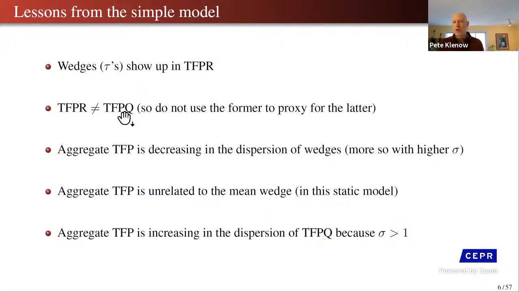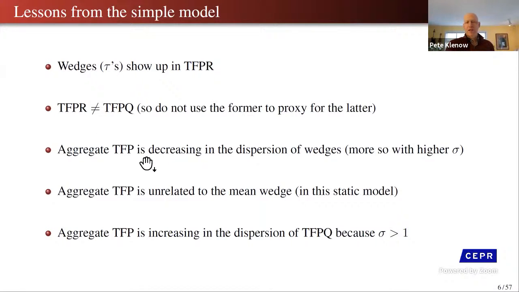And they found much stronger evidence for that in TFPQ than people had found previously when they were looking at TFPR. If TFPR was like a tax or a markup wedge, that might be stable as you enter export markets, but you get a lot bigger. And when you get a lot bigger, that's a sign that you might have improved your efficiency. There might have been learning by exporting. And that was uncovered when they focused on TFPQ, which was the underlying efficiency rather than this TFPR. Okay, so